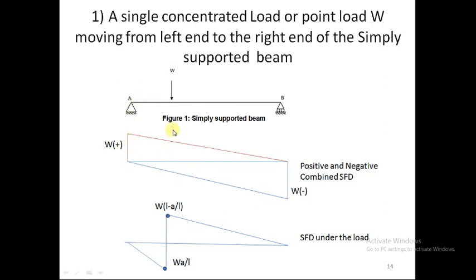Now here they have taken a section at a particular point at a distance, say small a, from capital A, that is support A. At that distance, what would be the shear force under this loading? When you cut a section here, these are the ordinates which you are going to get. Now how have we arrived at these ordinates? We will see that from the derivation now.